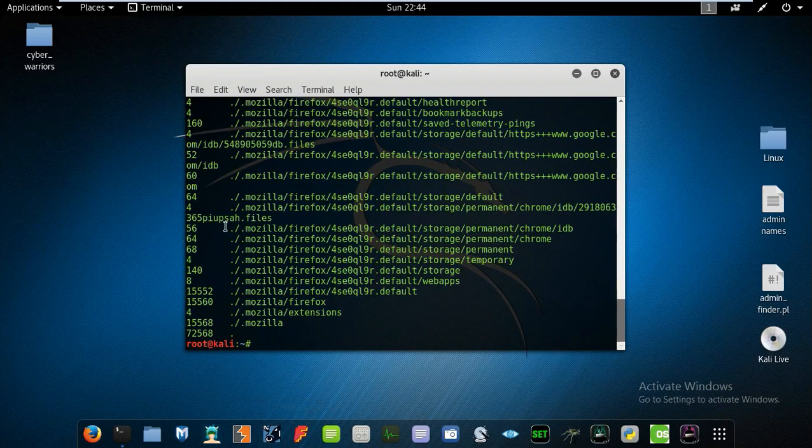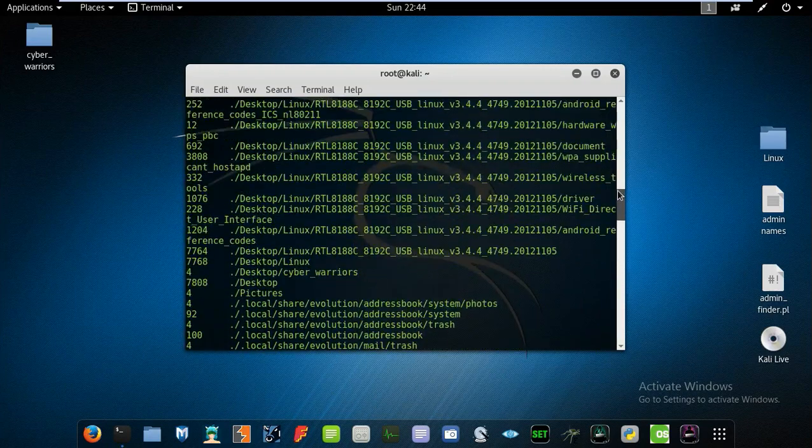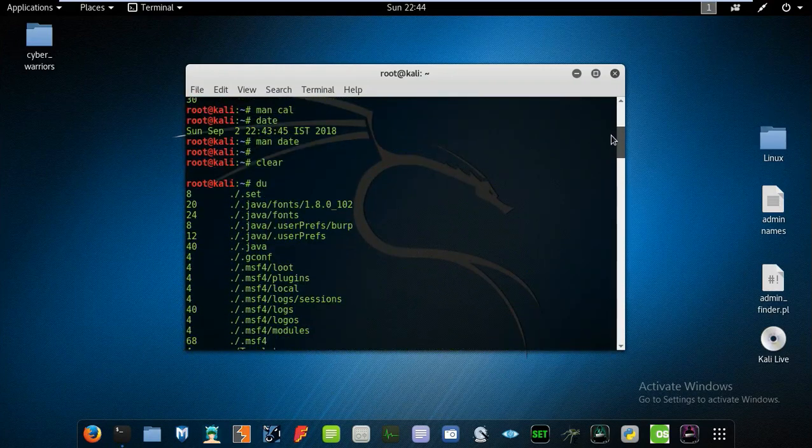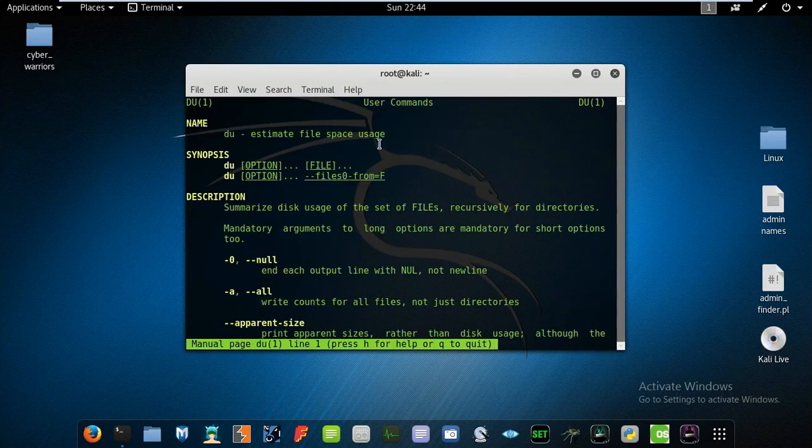It will prompt new lines and show you that Mozilla Firefox has used this much of disk and all. So scroll up so that we can, yeah, it shows all the disk usage. So scroll down, and obviously you can type man du. Estimate file space usage. We can have du options